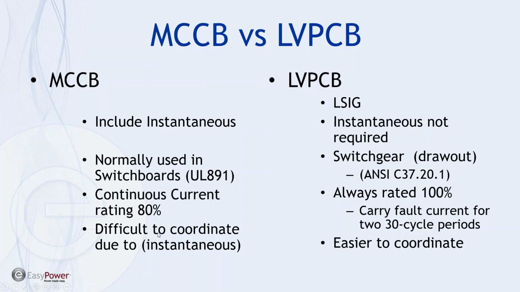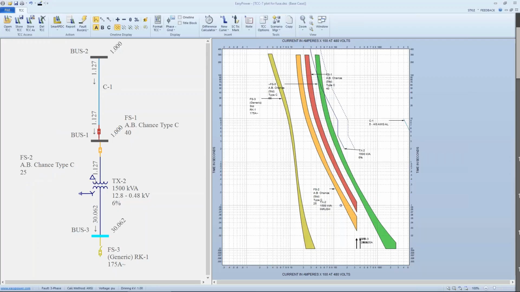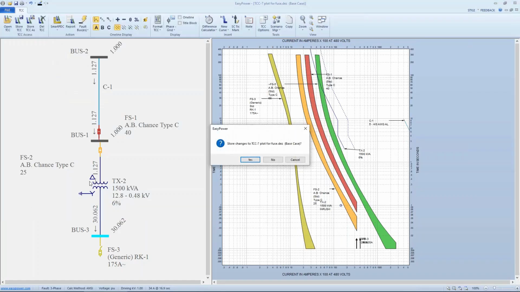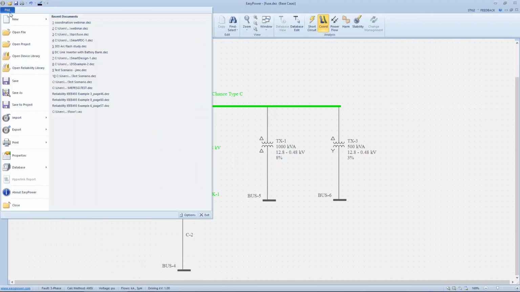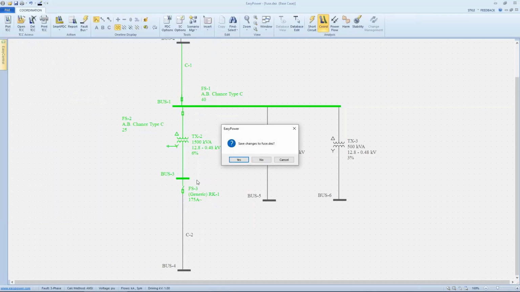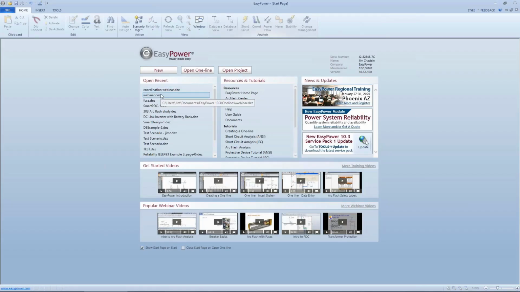Now, there are some molded case circuit breakers that have the ability to adjust that instantaneous trip, and you'll see as we get into the curves that it's being fudged a little bit, just because they end up using a solid state trip unit similar to a low voltage power circuit breaker. So let's jump out of this particular plot and open up our